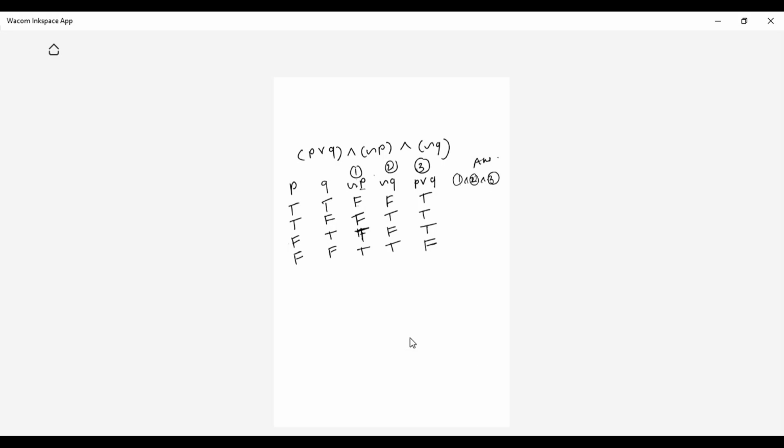Directly do not go for ANDing of 1, 2, 3. What do you have to do, student? Either AND 1 and 2 first, or 2 and 3 first, and then finally AND the remaining one. So go for 1 and 2 first. False, false is false, false, true is false, true, false is false, true, true is true. So 1 AND 2 I do first. Now this answer I will AND with 3.